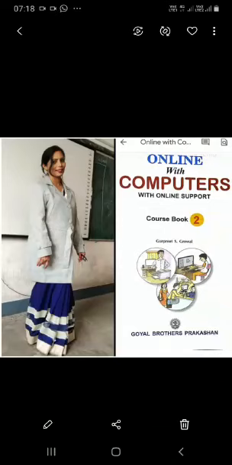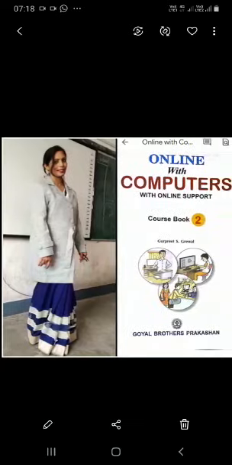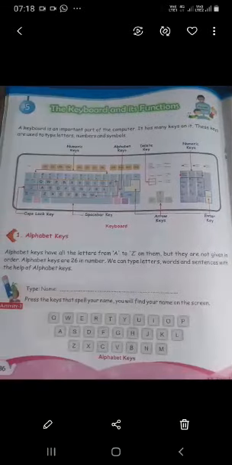Today we will learn computer again, the keyboard and its function. Dear students, you know the parts of computer and the keyboard is one of the most important parts which enters the data in the computer.